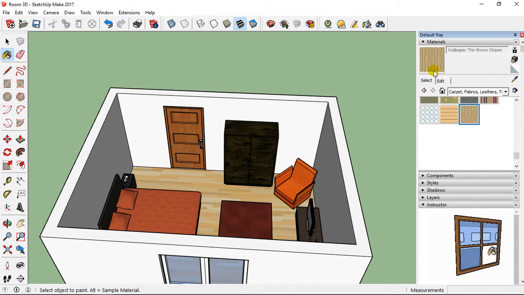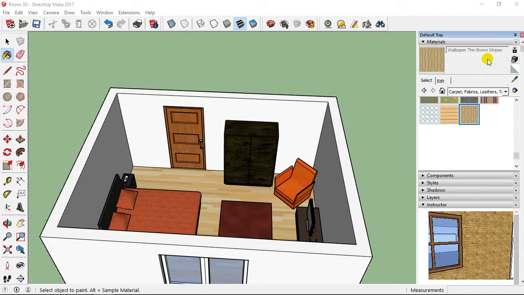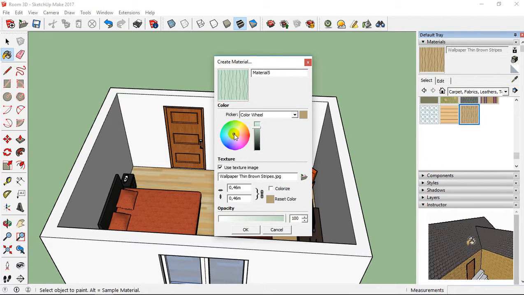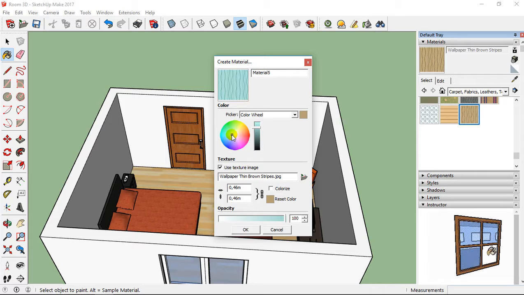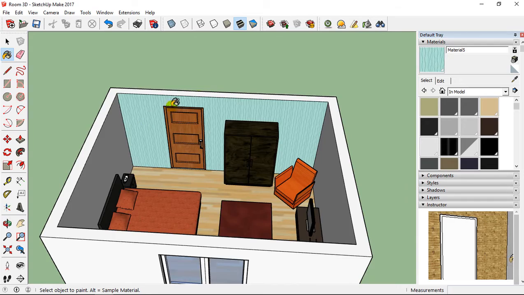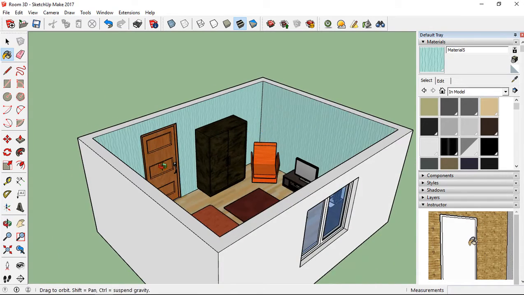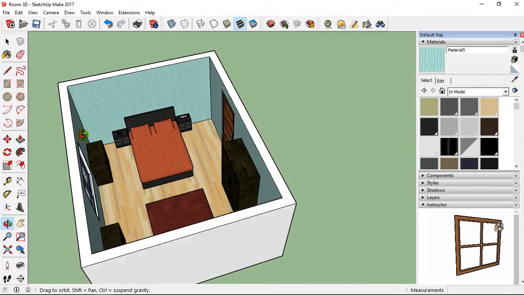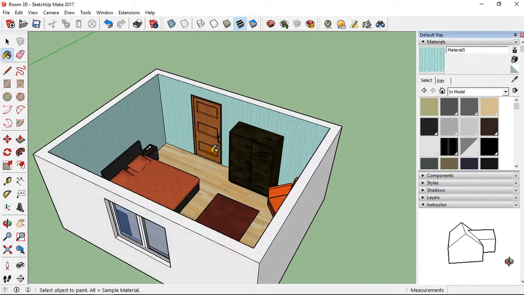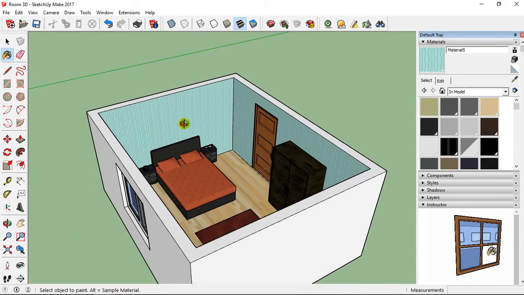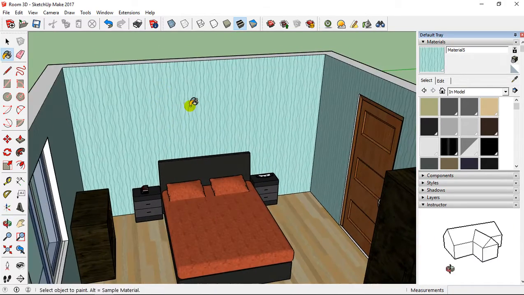I can change the color. I go on plus, something like that. Or I can add, for example, something like this. Like that. And after, if I want to integrate a frame, for example, I would like to integrate at this level a poster or something like that,